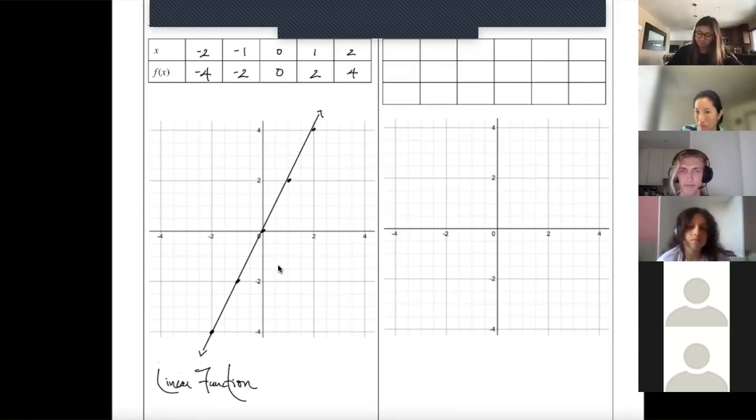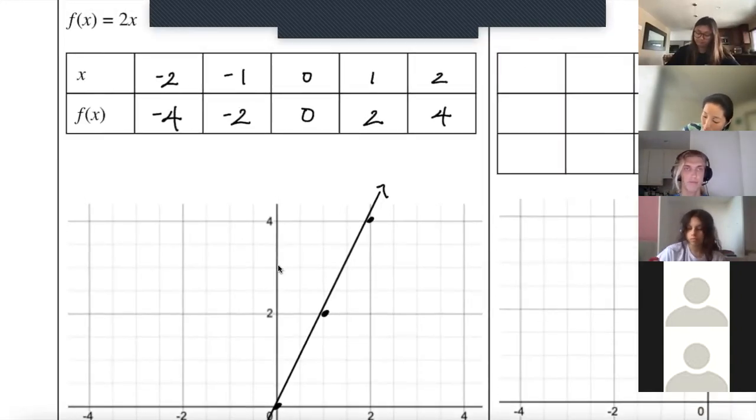The increments are all the same. Exactly. When you say increments, how do we get from -4 to -2? We add 2. How do we get from -2 to 0? We add 2. For each of these y values, if we just add 2 to the previous one,